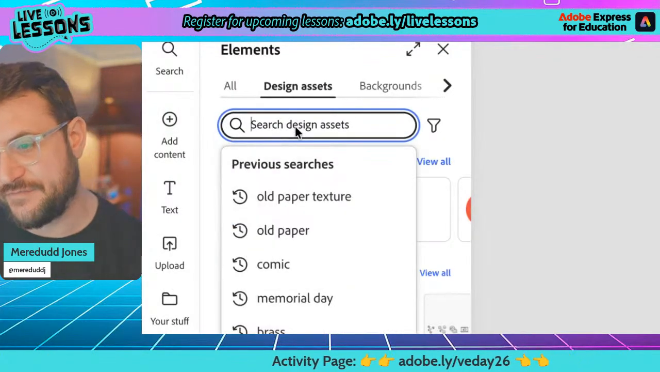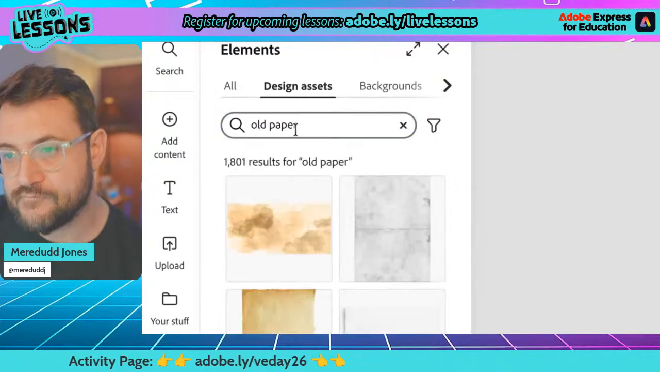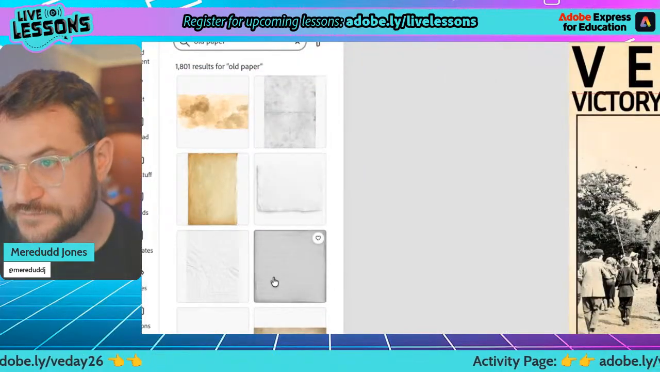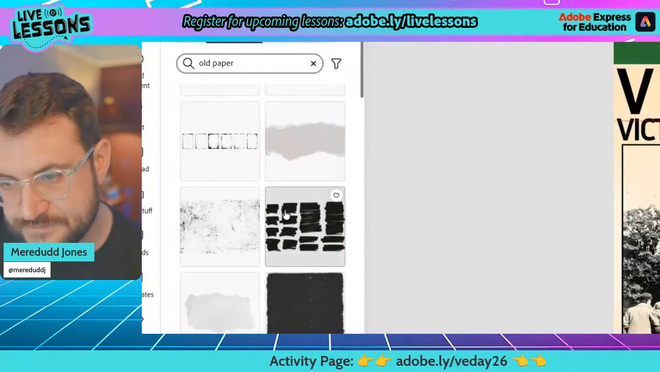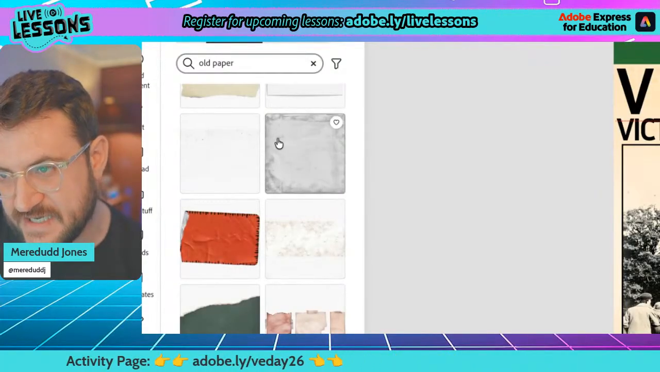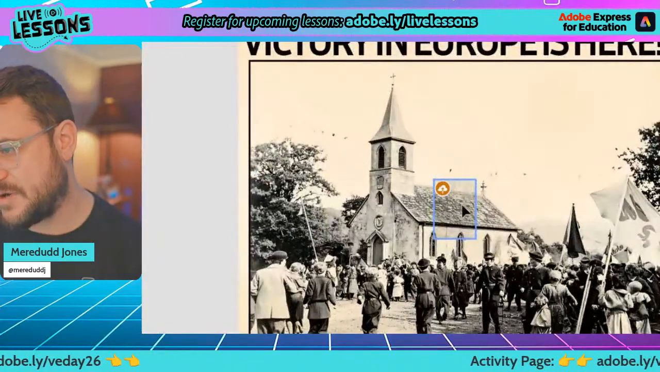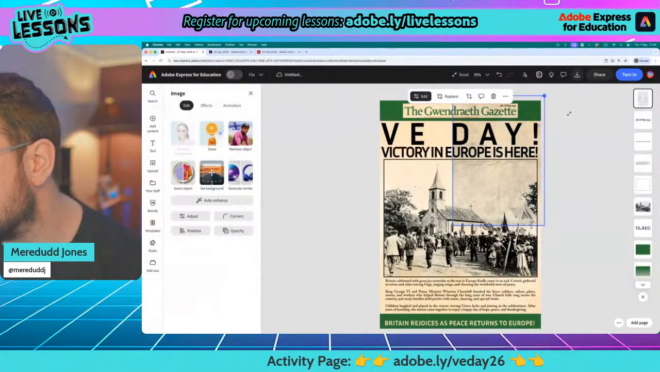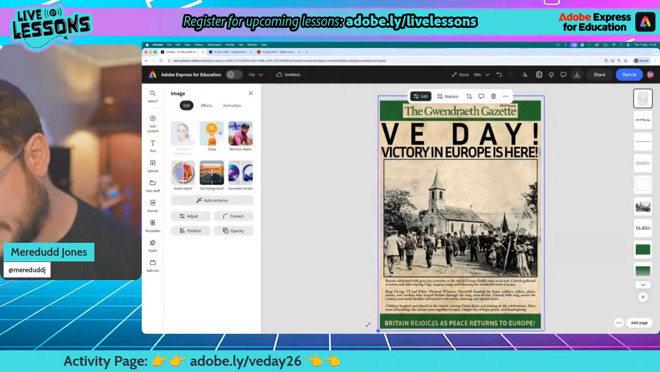And I'm going to search in here for old paper. Now this time I'm not searching for the colored ones. I'm searching for these black and white ones, and I'm looking for the ones that aren't too strong. So I'll try this one. Okay, there it is. So it's popped it there on my page. Normally they'll already be transparent, you see? If it's not, then I would get rid of the one you've got and try another one. So once you fill up your page with it,